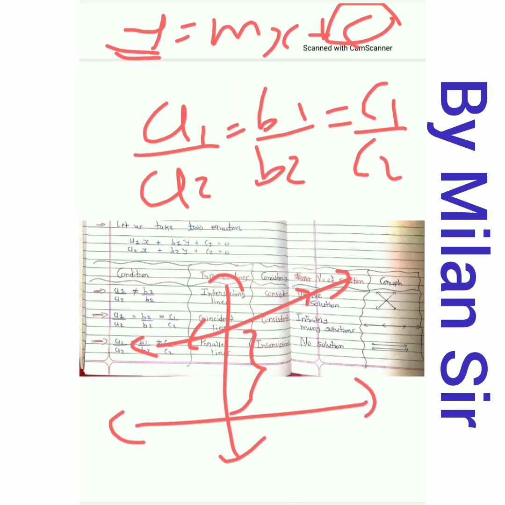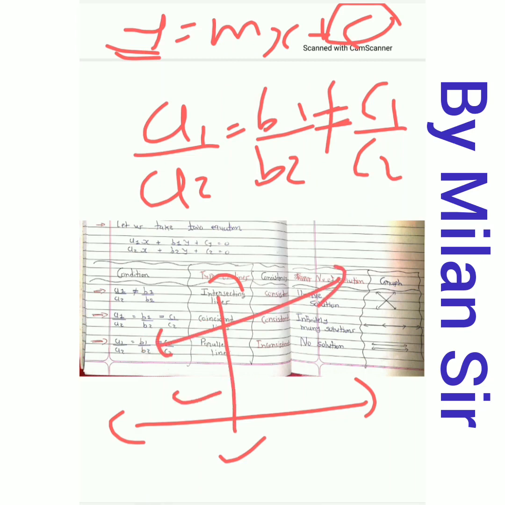Because it has same intercept and same slope, this is coincident line. Second thing, if slope is same but your intercept is not same, then this is parallel line, right? Intercept is not same, it means that one line is here and maybe one line is here, so this is parallel line. In parallel line slopes are same, that means a1 upon a2 is equal to b1 upon b2, but intercepts are different, so not equal to c1 upon c2, right? For coincident line intercepts are same, that's why it is equal to c1 upon c2. In parallel line intercepts are not same, that's why a1 upon a2 is equal to b1 upon b2 is not equal to c1 upon c2. This is the condition for parallel line.